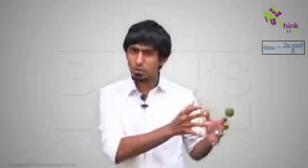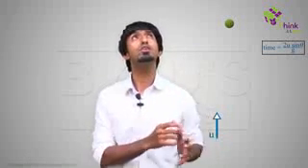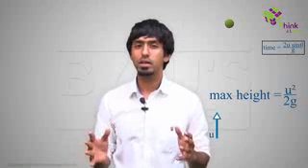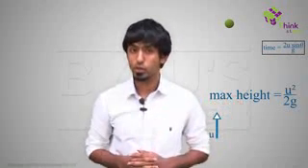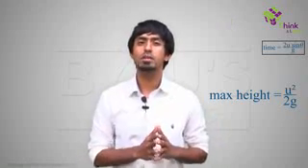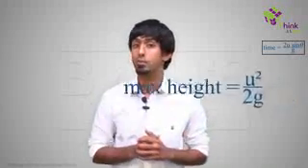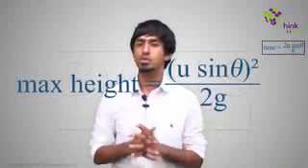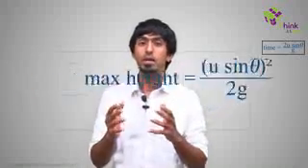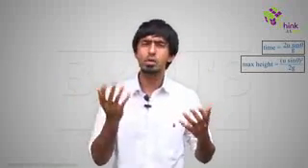So again, in our 1D motion, we knew this, right? If you throw a ball up at you, how high will it go? u square by 2g. It'll take you exactly 5 seconds to derive it using v square minus u square equals 2as. You can do it if you want to. So you have u square by 2g. That's if the ball's thrown up at you. But what's the ball thrown up over here? u sine theta. So you just replace again u with u sine theta. You get u sine theta the whole square by 2g. If you want to write it in another way, you can write u square sine square theta by 2g.